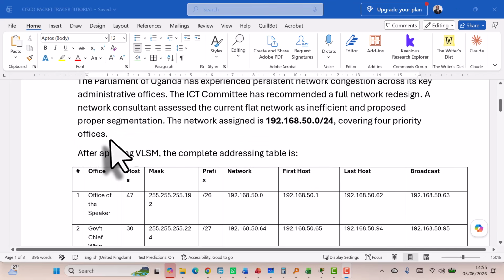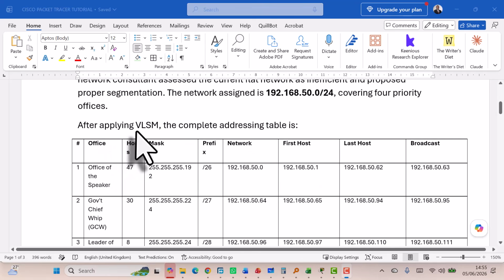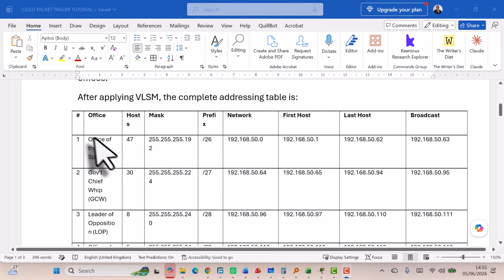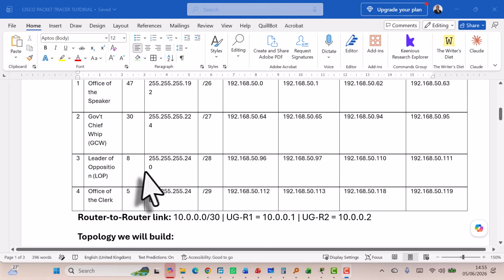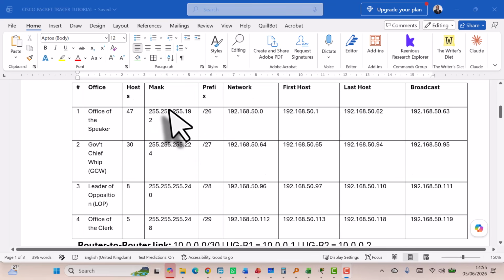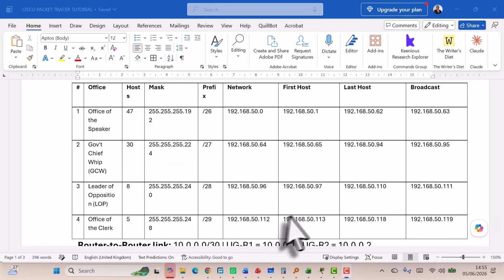So we did the subnetting, and we applied the variable length subnet masking, and we completed this table where we're able to create a subnet for the office of the speaker. We created another subnet for the government chief whip, the leader of opposition, and the clerk to parliament, and we're able to determine the subnet mask for all the subnets, the network address for all the subnets, and the host range from the first valid to the last valid, and the broadcast addresses for all the 4 networks